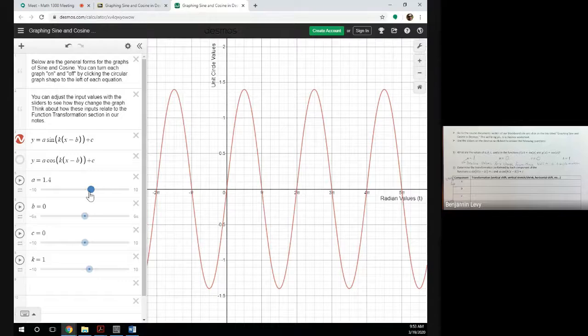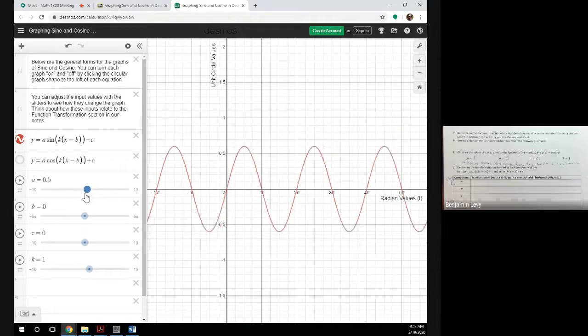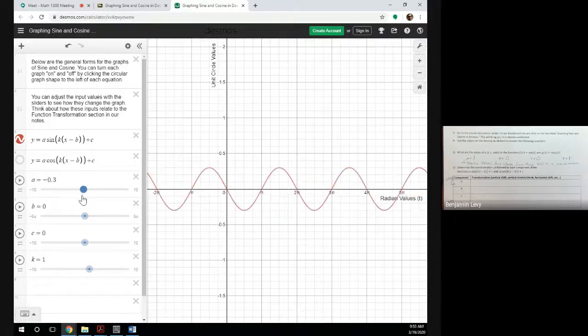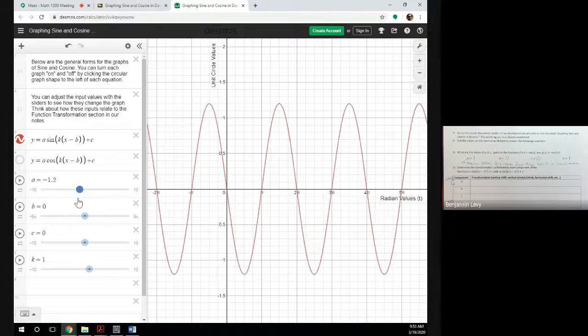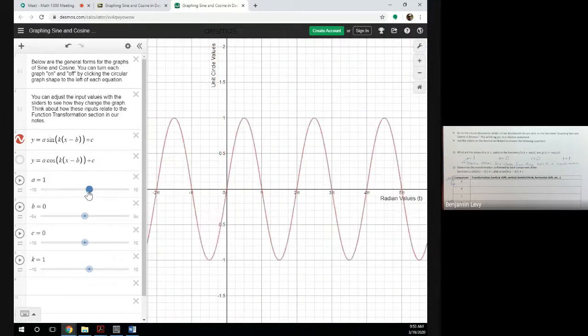But notice, I said it does two things. Notice what happens when you make A negative. So as soon as you make A negative, so, making it less than 1 shrinks it. But then when it becomes negative, it actually flips it. And so A controls vertical stretching and shrinking as well as flipping. And so what you would do after you see that right here is you would come back to the sheet,